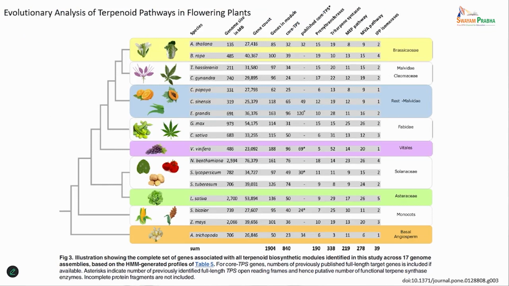So here it's only for you. There are lots of plants that come from different families of Angiosperms, from basal Angiosperms to the more diversified Angiosperms. What is interesting here is the genome size and the gene count: how many genes do you have in the genome? And you see here there are specific terpene synthase, prenyltransferase, and MEP pathway genes that are responsible for production of lots of terpenes.